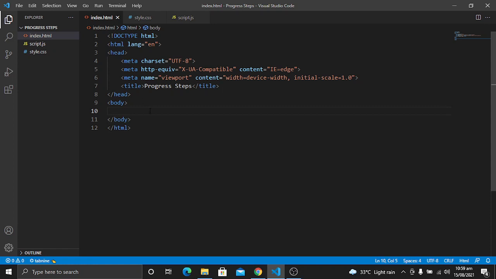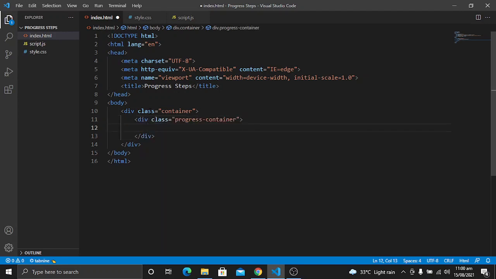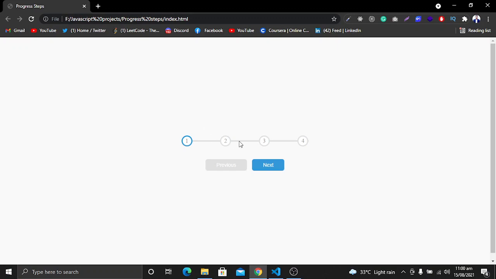In the HTML file, we will have a div with a class of container. This container will contain all of our content, and then we will also have a progress-container. In the progress container, all of our steps and circles, these progress bars and these circles, will be there.